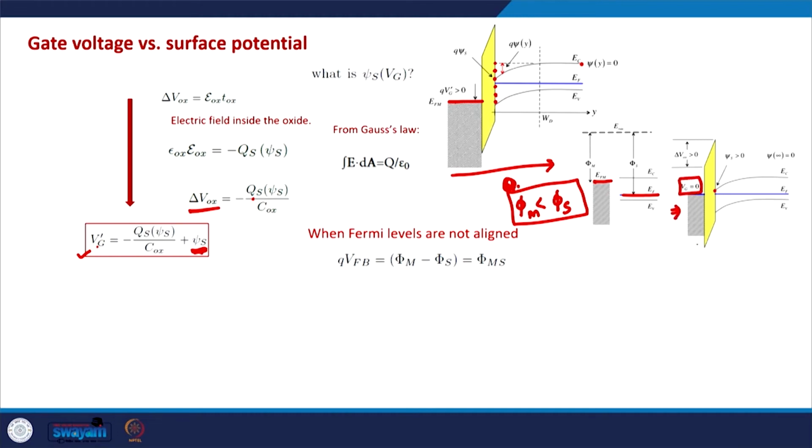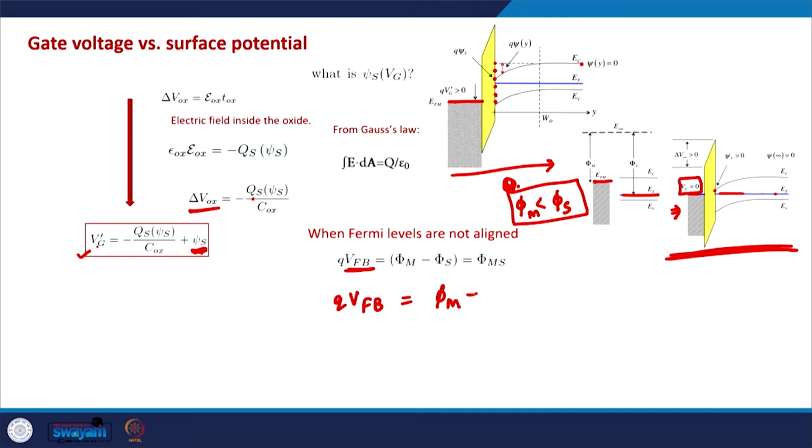So this will be the case when these are joined, because at 0 Vg the Fermi levels need to be aligned, and in order to align the Fermi levels, the conduction band and the valence band extrema will bend. So this is the case with no applied voltage on the gate terminal when there is a work function difference. And in order to neutralize this band bending, we need to apply a VFB voltage on the gate terminal, and this VFB is given by